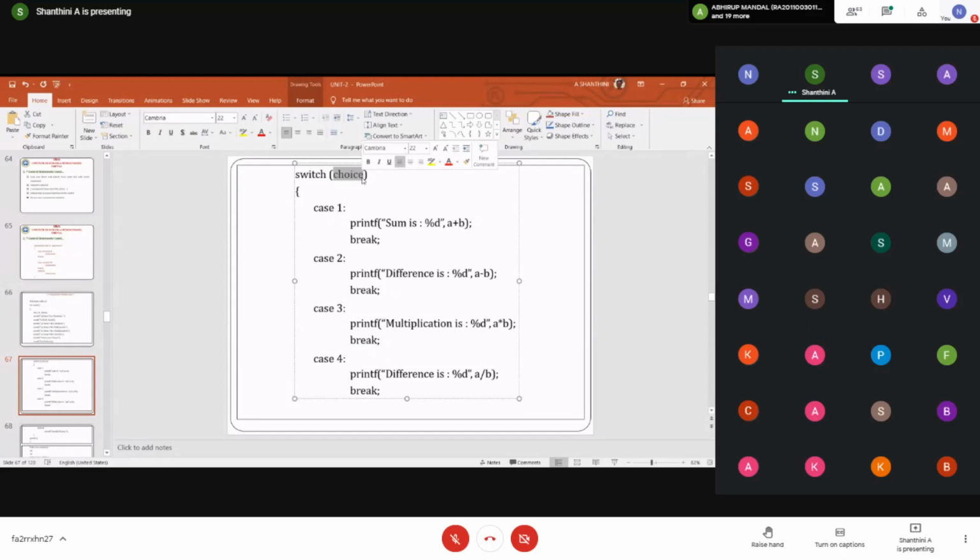That means even a character can be passed as an option to the switch case. So I'm passing the switch case over here, and here you will have A, B, C and D. Okay. So if I just want to give enter plus for addition,